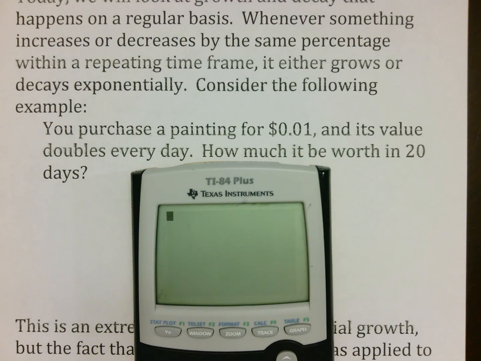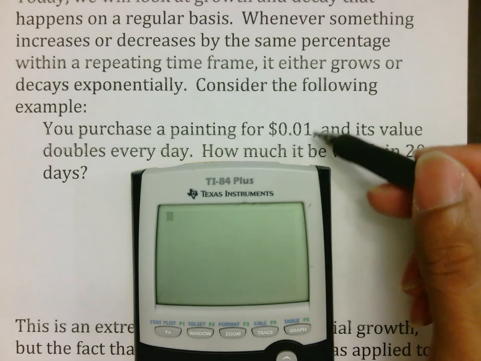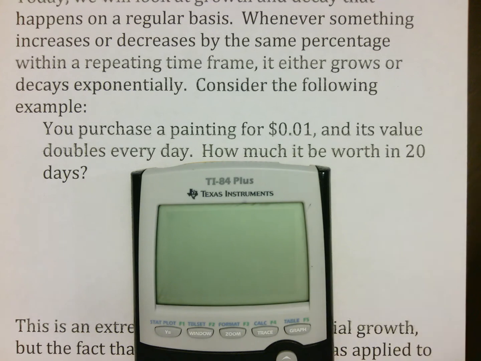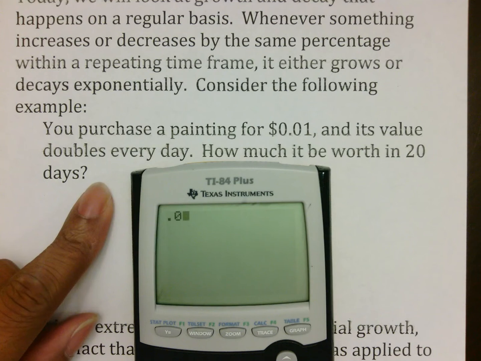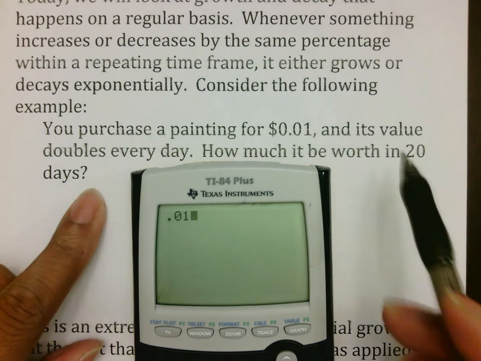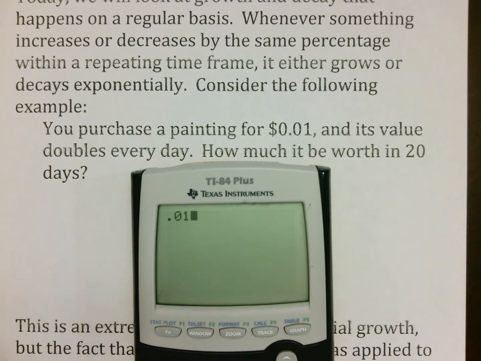So again, if you were given the option to be paid a penny the first day and have your salary double every day, or get paid $1,000 every day, it's actually smarter to choose the penny part, because if you take 1 cent and just say you purchase a painting for 1 cent and the value of the painting doubles every day, and you want to know how much it's worth in 20 days, we're just going to go through this the cheap way. We're going to multiply that by 2, so it's worth this much after day 2, day